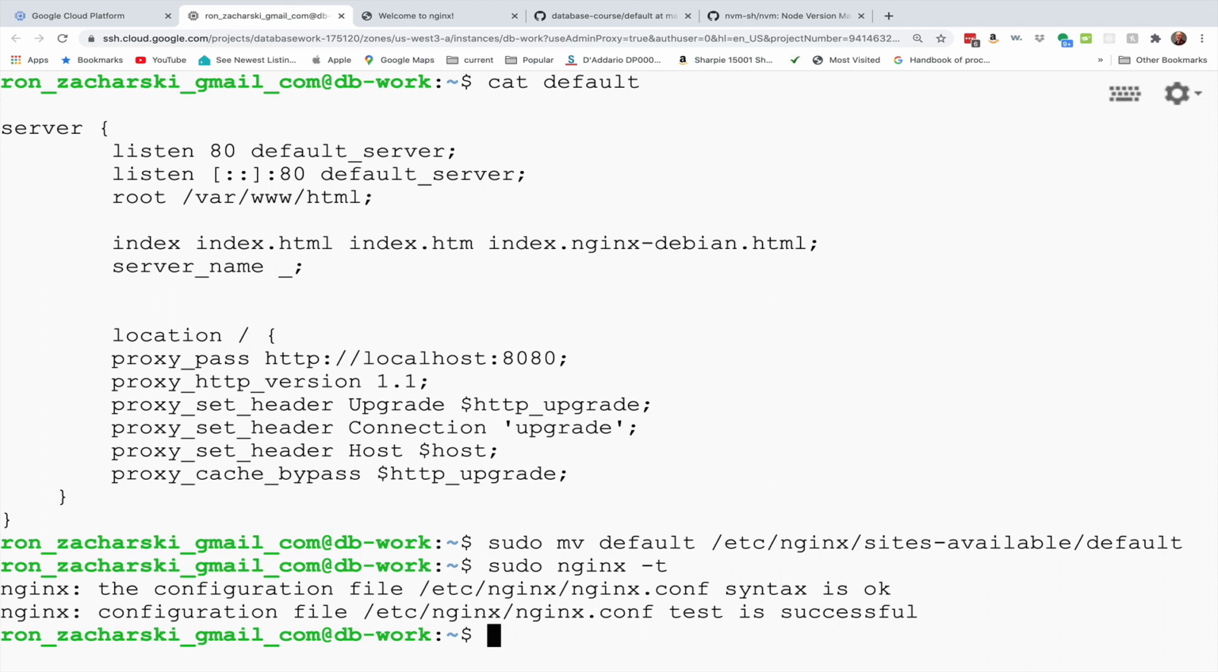Everything looks good. All right, so now what we want to do is we want to restart Nginx so that those changes we made take effect. And we do that by going sudo